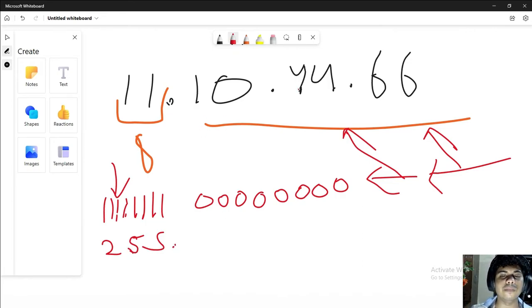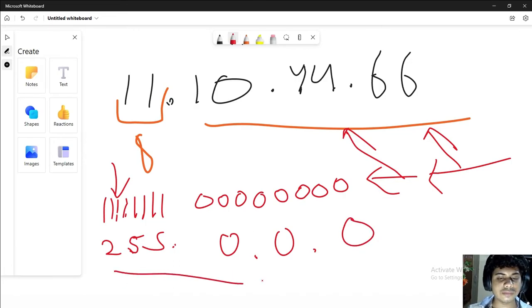So the rest of them are the host ID, and the host will remain the same, 0.0.0. So this is our subnet mask of this IP address, or you can say this is the subnet mask of a class A IP address. If it would be